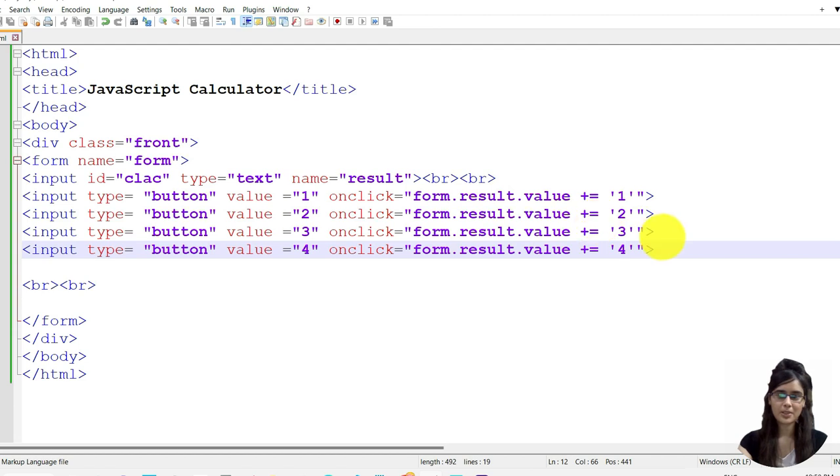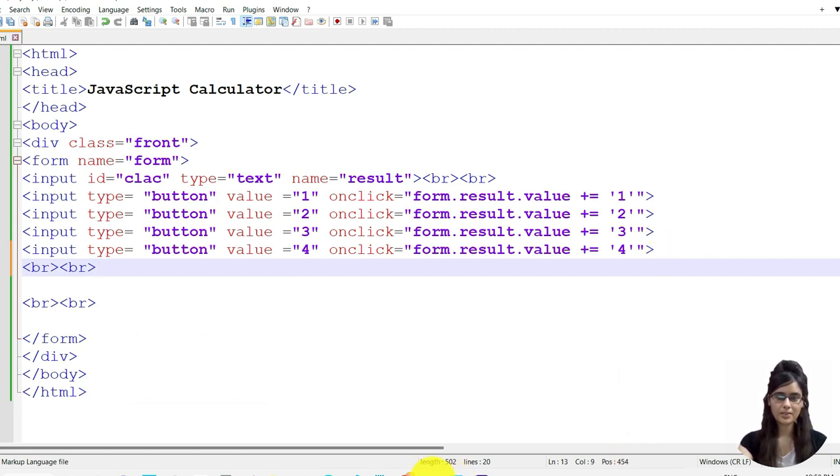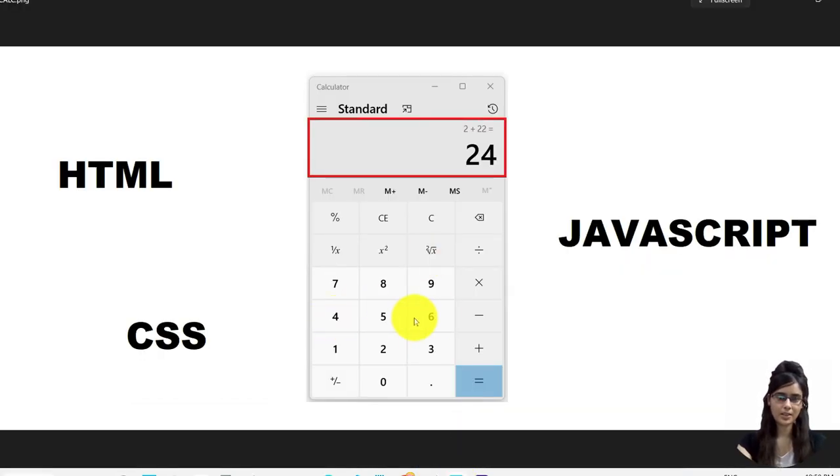Next we will create other buttons. I'm using here break tag as we need in the next line.